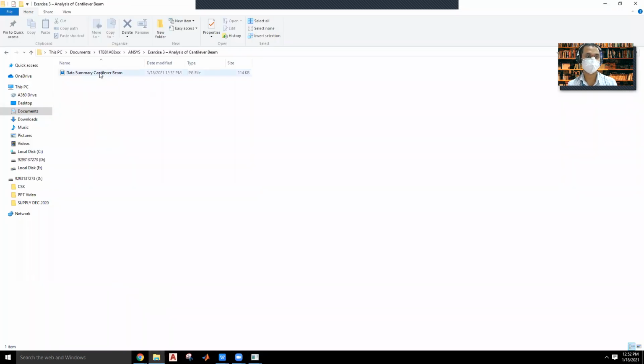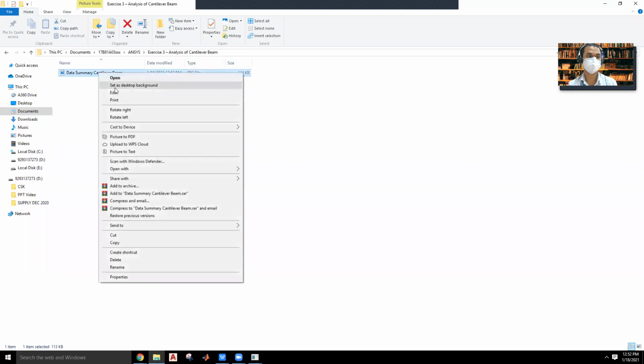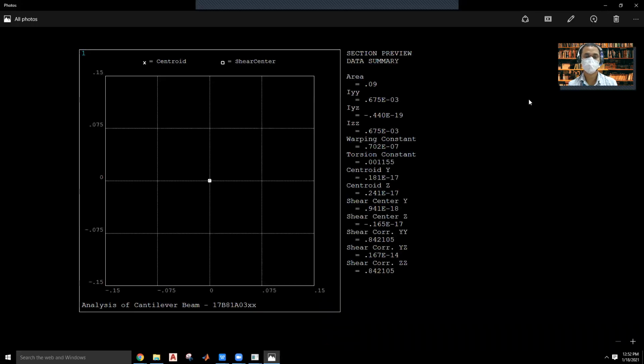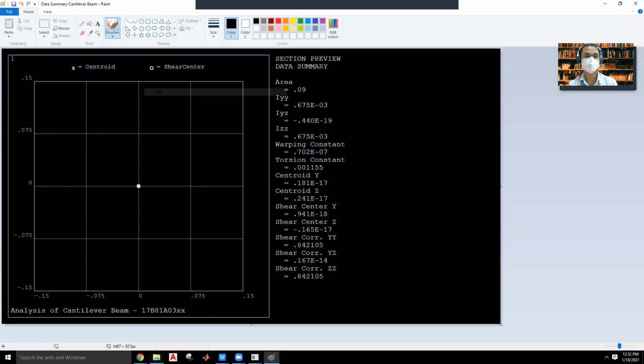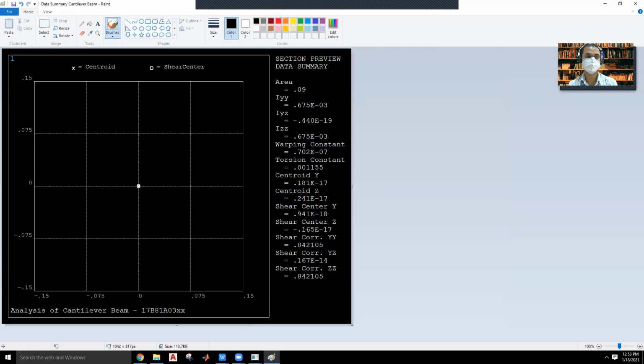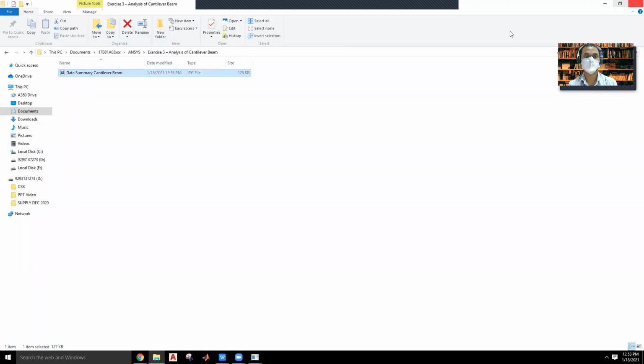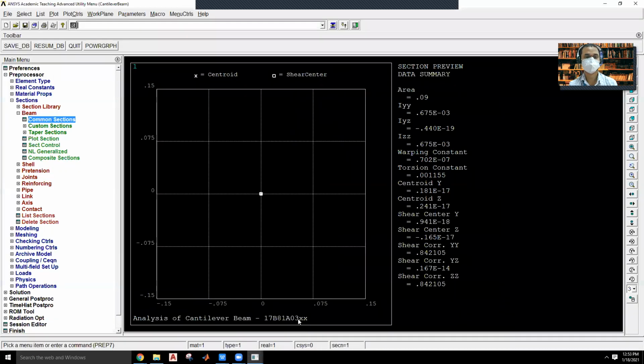Okay, you have to check again whether it is saved in the folder or not. So again open your folder. This is the data summary. Right click and open, and this is what you have saved with respect to your title. Right click, edit. If you see the option here, this space is black. I don't want this space, so I will be cropping it, so that I will be generating this one. Click on save and close. All the images you have to do the same thing: crop it and save it.